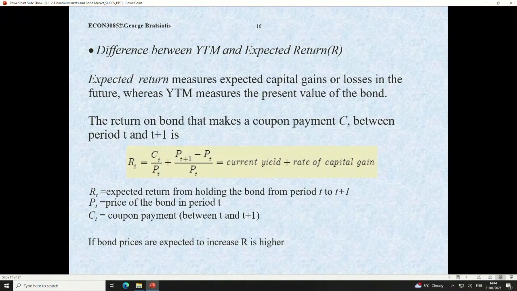This is not the whole story. So there's the cash flow divided by the price. That will be the current yield. But this here is the rate of capital gain. You see, if I expect the price to be up, in other words, if I expect this second term to be positive, I expect the price of bonds to go up. And that will give me a high expected return. And this is where the demand for bonds increases. Clear?